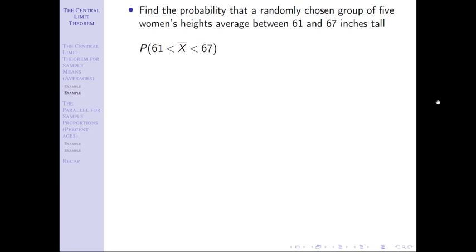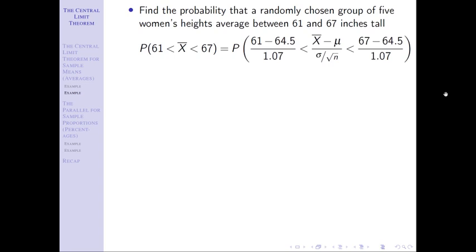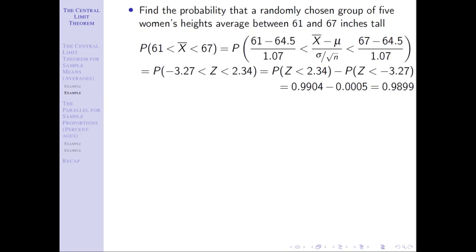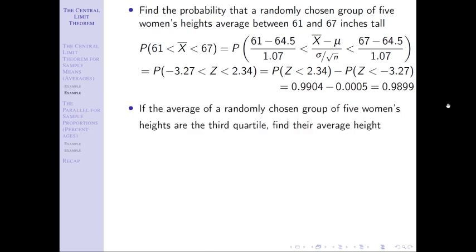For this one here, we're between. So just like before, we're going to standardize both sides. We can also find quartiles, percentiles, cutoff values for these as well. So notice this question here says, what's the third quartile? Well, now we're just going backward, just like we talked about before. A third quartile means that 75% of the values are less than that.